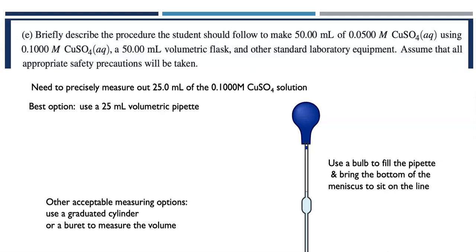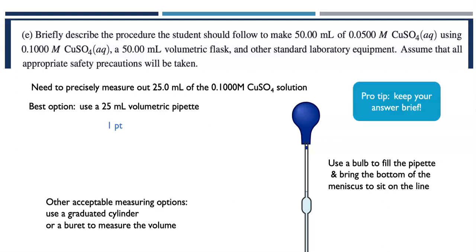Other acceptable measuring options, you could say that you used a graduated cylinder. It would need to be a graduated cylinder marked to at least 1 milliliter. Or you could also use a burette to measure the volume. But the volumetric pipette is actually the best choice here, although those are acceptable. Your answer to Part E needs to be consistent with your answer from Part D in terms of the volume that you're using. But also, the idea that you knew what glassware you could use to precisely measure that volume,